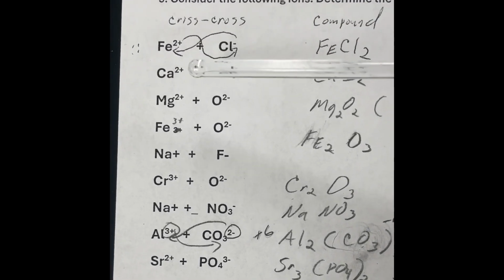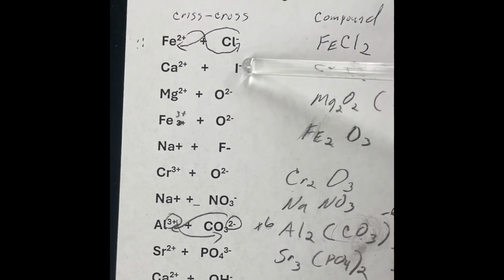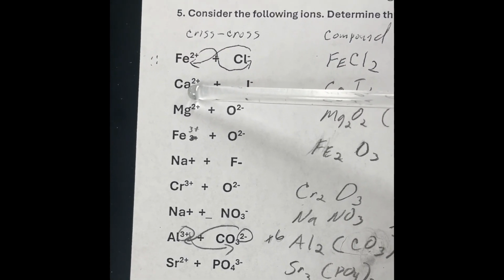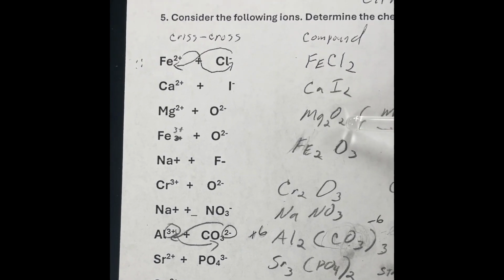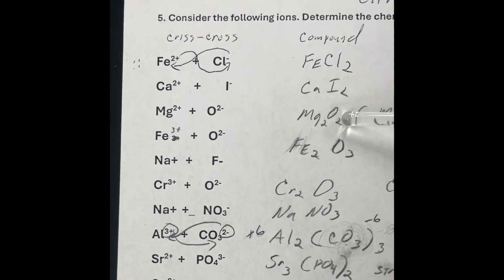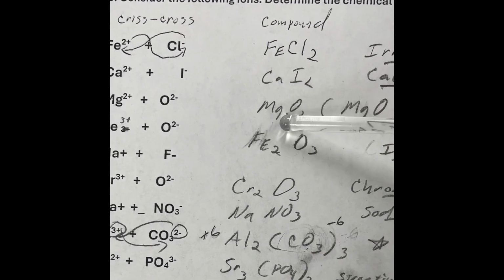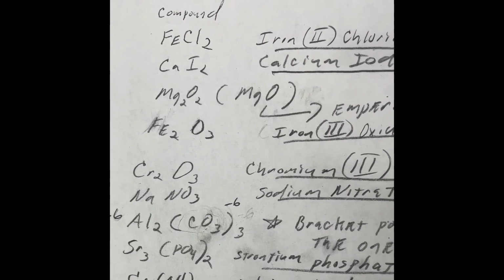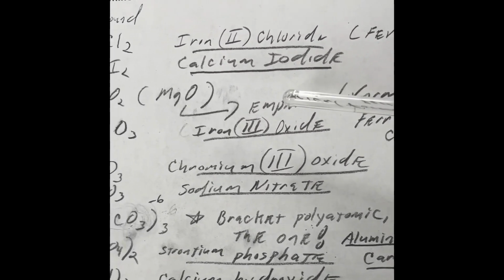This gets us a neutral compound quickly, so here are the two ions, bring the 2 here, bring that -1 here, but of course there's no such thing as a negative atom, so that becomes absolute value 1, and there is calcium iodide. Here is, along the same method, magnesium oxide, but 2 to 2 is the same as 1 to 1, and we want an empirical formula, which is the smallest whole number ratio. So that's my empirical formula for magnesium oxide.